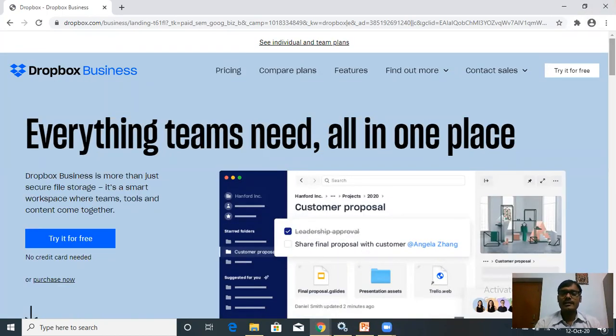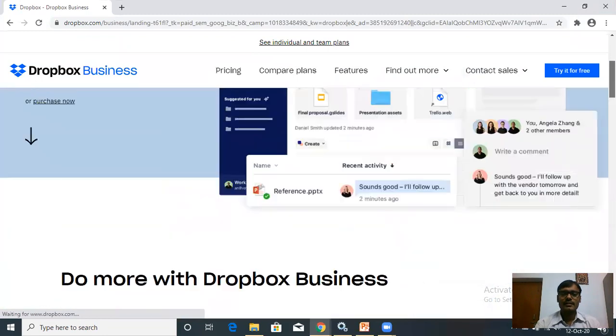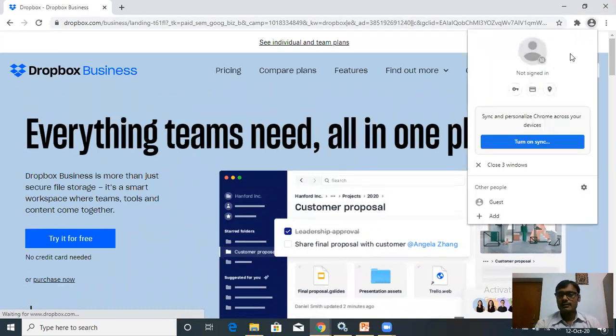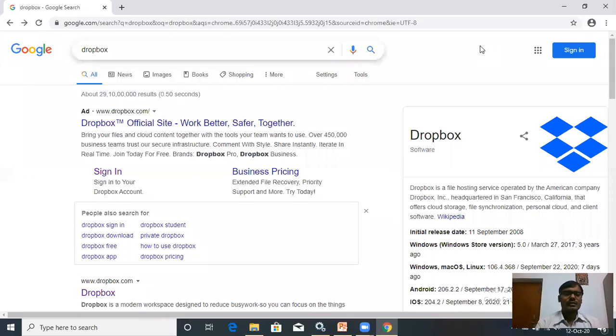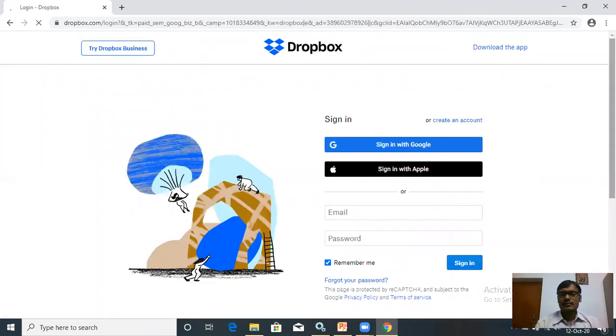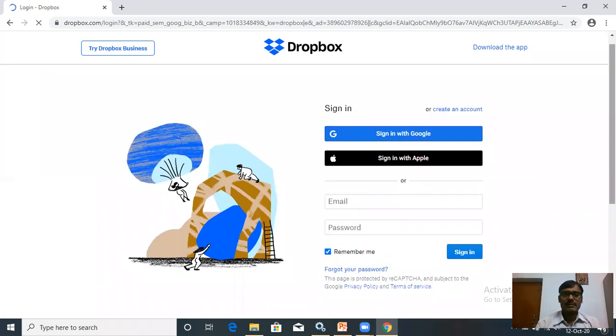Now you can sign in to your account. If you have no account, you can create your account. You can click on the sign in icon, and when you click on this icon a page will come.